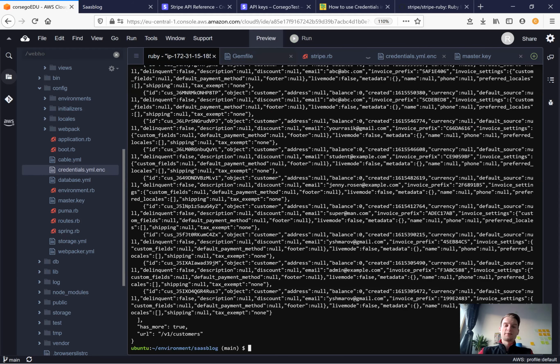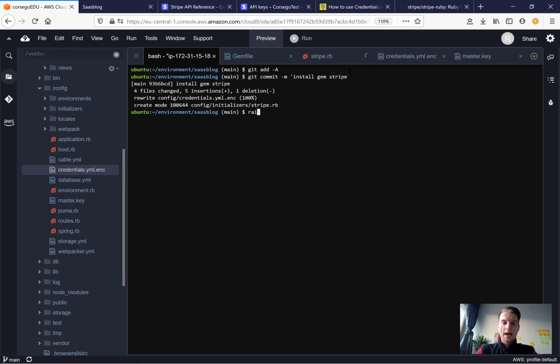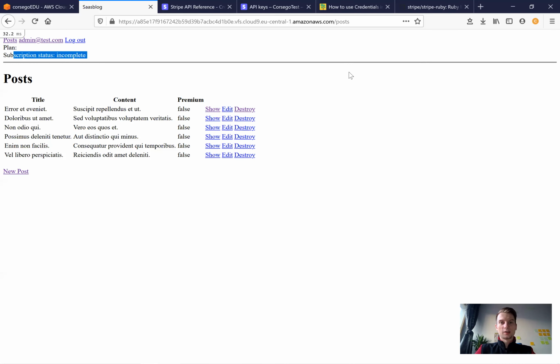Looks good. Now let's save our changes. What have we done? We have installed the gem Stripe. Git add all, git commit main, install gem Stripe. Okay. And now the next thing that we are going to do is each user that logs into our application,